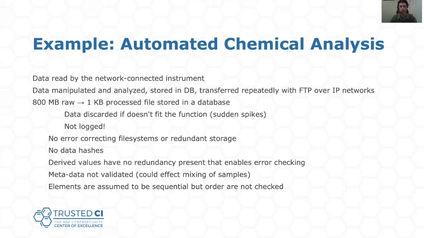This could be partially checked if the data is in the expected ranges, which is not currently being performed as a check. After the raw sampled data from the chemical analysis instrument is analyzed, the resulting output is transformed. These derived values do not have redundancy present that enables error checking and would therefore suffer greatly from any bit flips. Only major outliers would be found in the final QA/QC processes. The good news is that data is backed up via the Google Drive web interface, but restoring would require significant and time-consuming work of restoring data and rerunning computations.